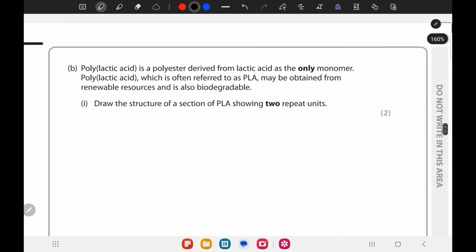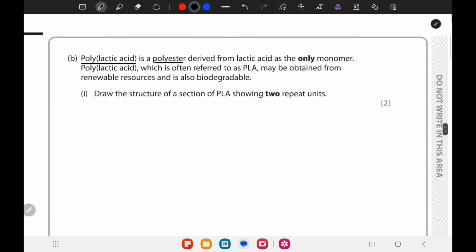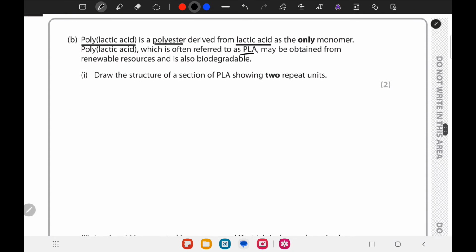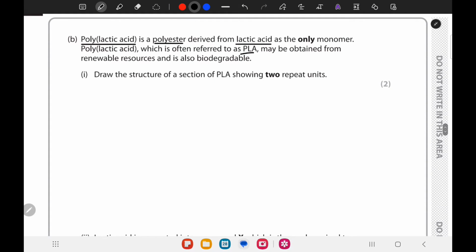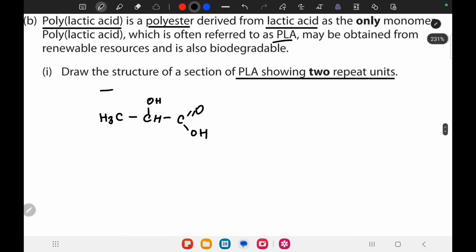Now for part B1, we have polylactic acid, which is a polyester derived from lactic acid as the only monomer. We have to draw the structure of PLA showing two repeat units. So this is one lactic acid. If we look closely, there is an OH group over here, so an alcohol group, and a carboxylic acid group. So it has both. Now, if I have another lactic acid next to it, I'll draw its alcohol close to